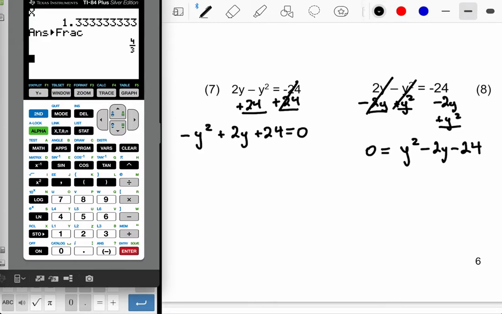All right, the equality concept, that's commutative. You could write it either way. So this is the same as y squared minus 2y minus 24 is equal to 0. All right, so you could go that route. Another way to handle it would be to do what we did in the first